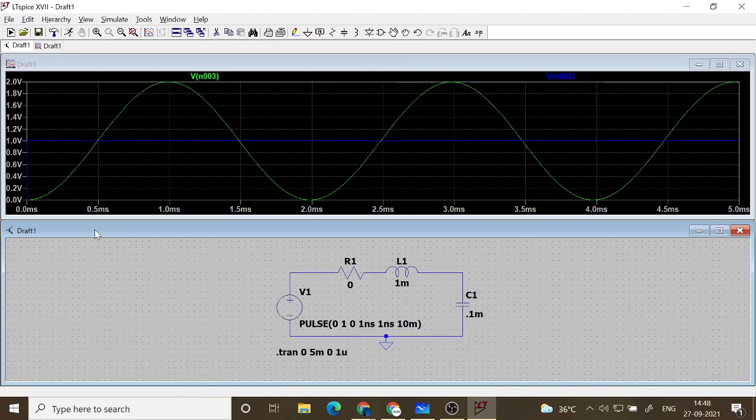The pulse wave looks like this, the blue. So we gave only just 1 volt, and it remains at 1 volt from then onwards. But what happens is that we are generating a sine wave. With just a pulse input, we are getting a sine wave output. Or in other words, we are giving a step input, and the output is basically a sine wave.